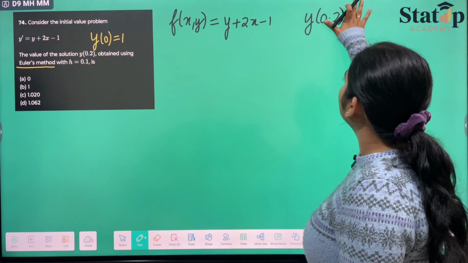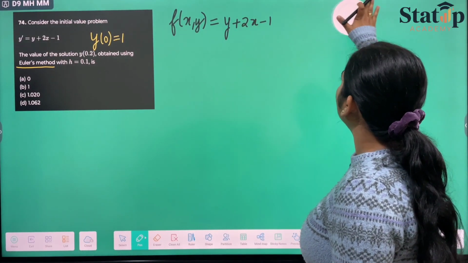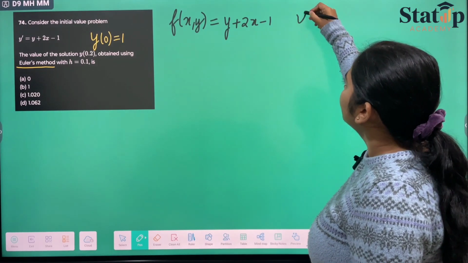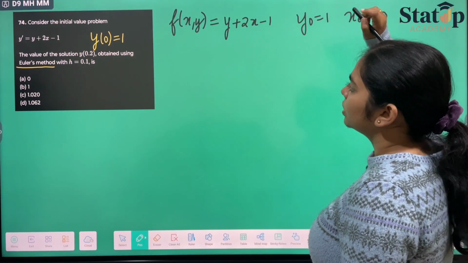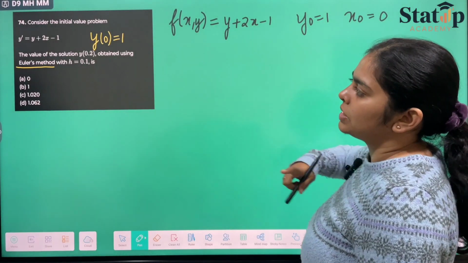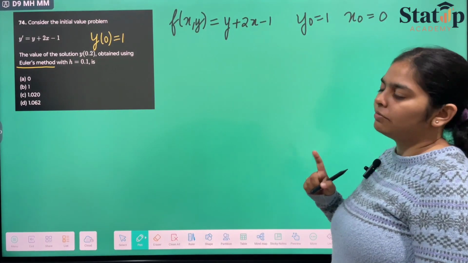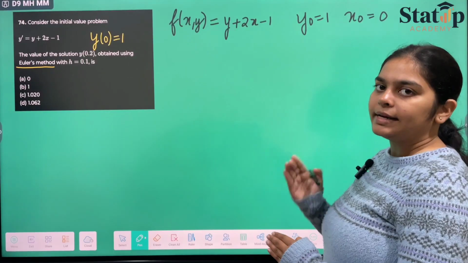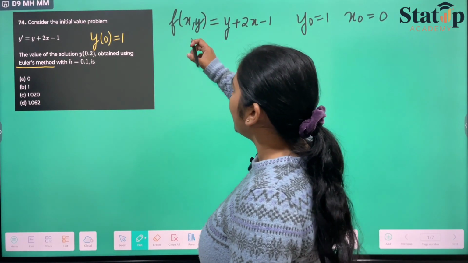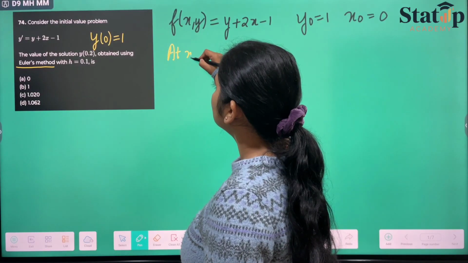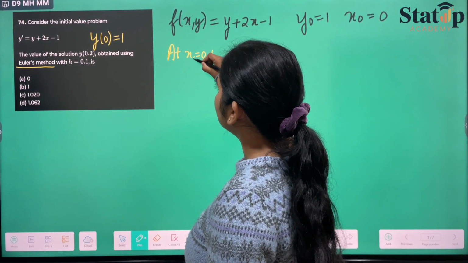So we have been provided with the values of y naught and x naught. y naught is equal to 1 and x naught is equal to 0. This has been provided to us, and we have to find y at 0.2. So first of all at x equals 0.1, then x equals 0.2. At x equals 0.1, which is x1,